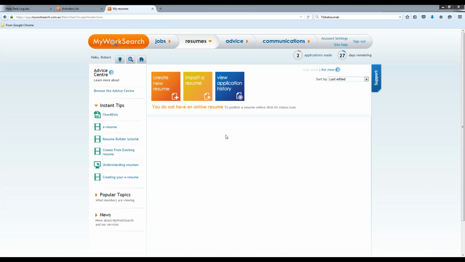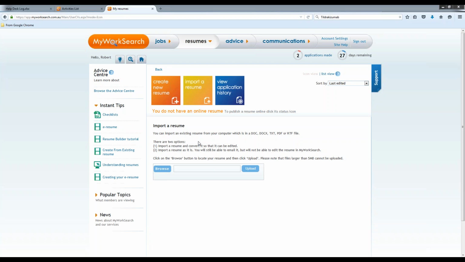There is, however, a facility for you guys to upload a resume, and when it comes to uploading a resume, first of all, click on the yellow button here, Import a Resume, which will take you to this page. Now, there are two ways you can go about it. Before I go on to that bit, what I need to tell you guys is that your resume that you're